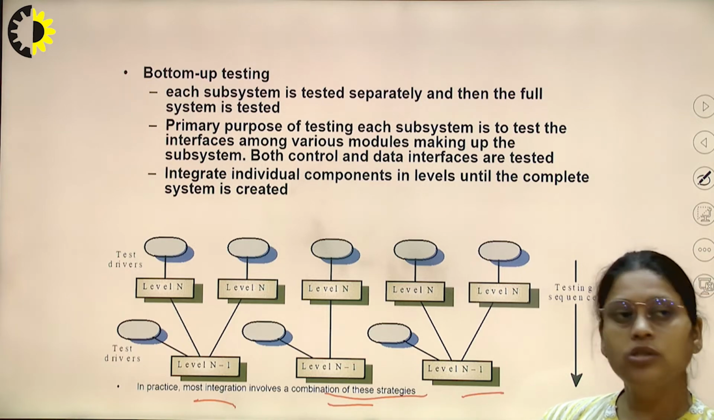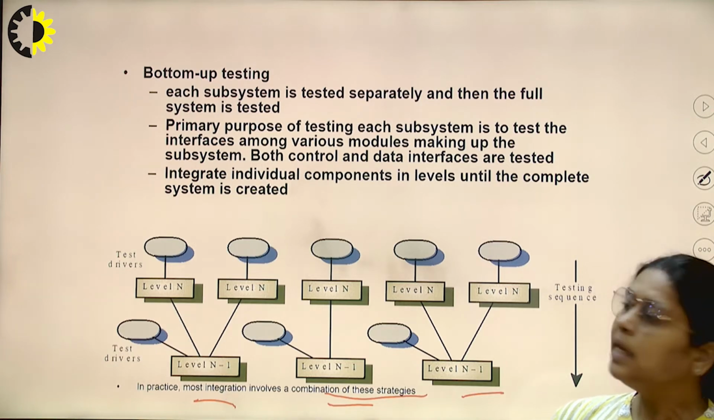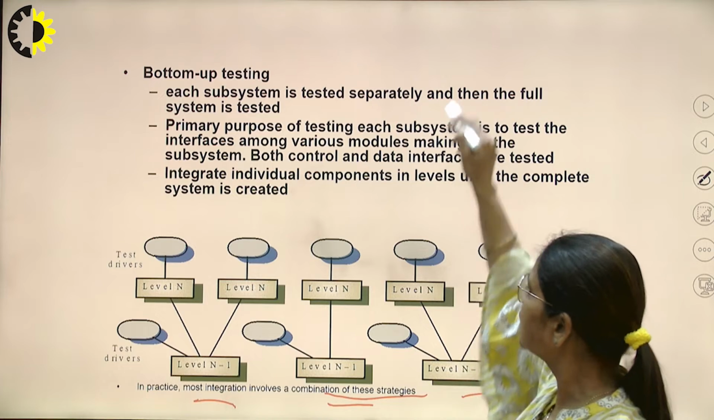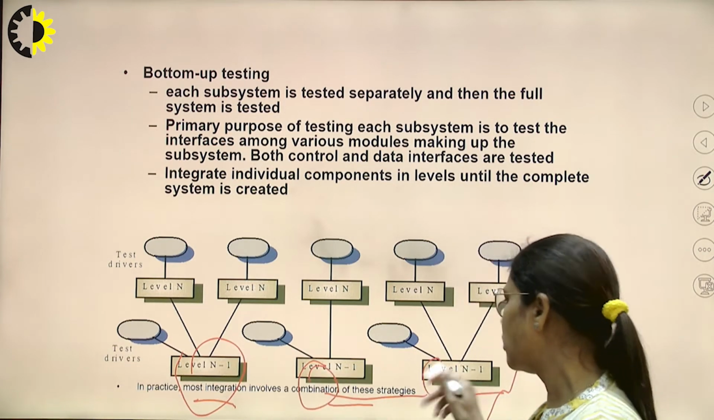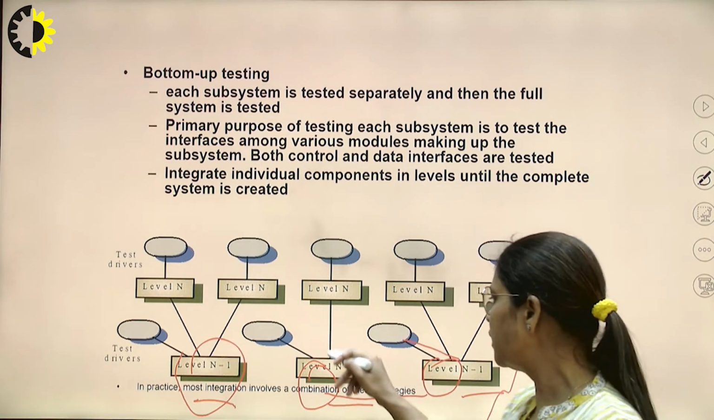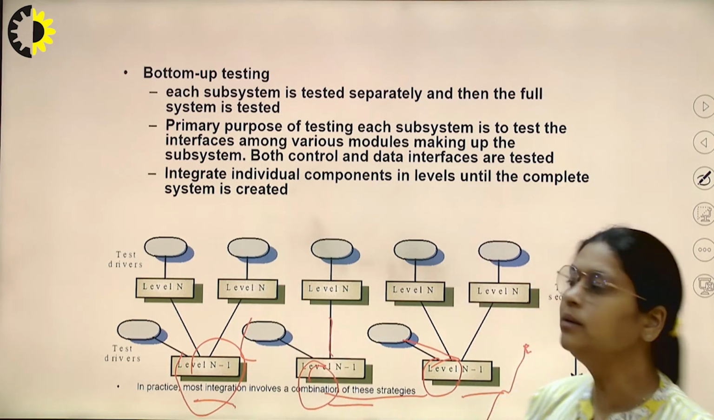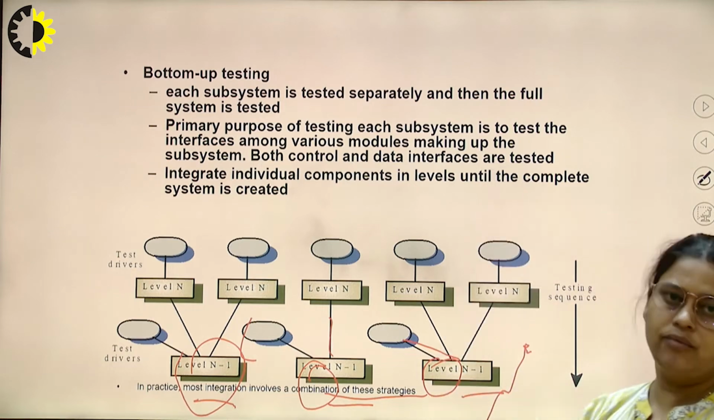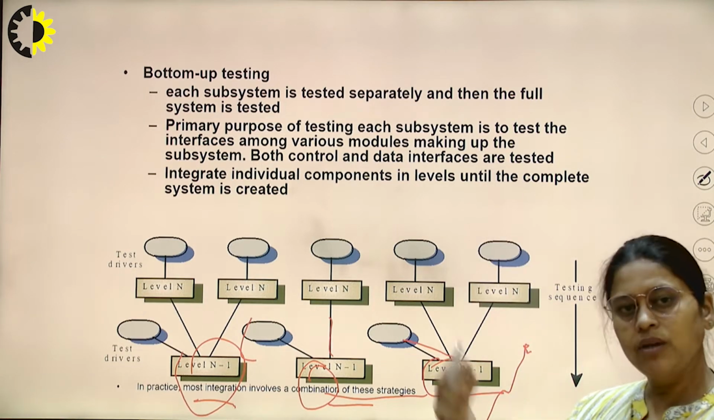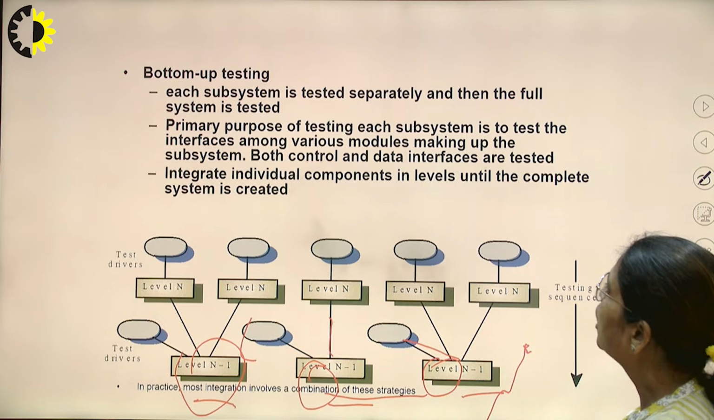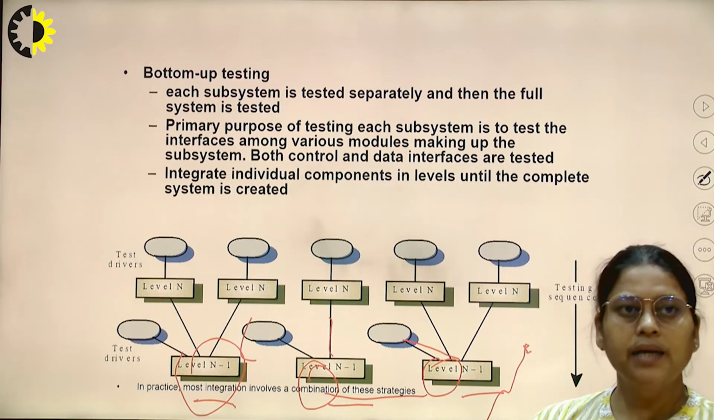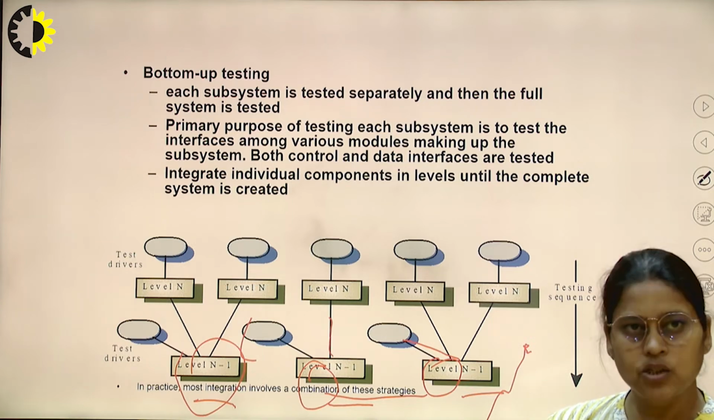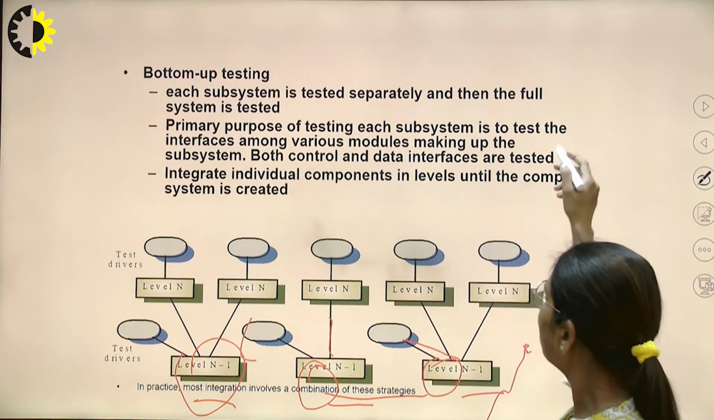So, in the bottom-up testing approach, each subsystem is tested separately. First of all, we have to test this module, this module, this module. Then we integrate in level 1, then level 2, and then we go up to level n-1 to n. A primary purpose of this testing is that each subsystem is tested